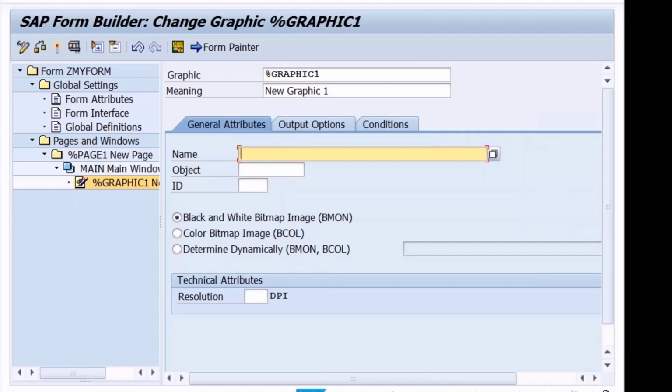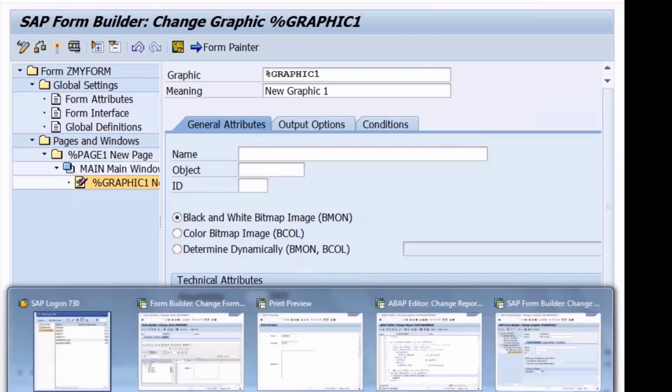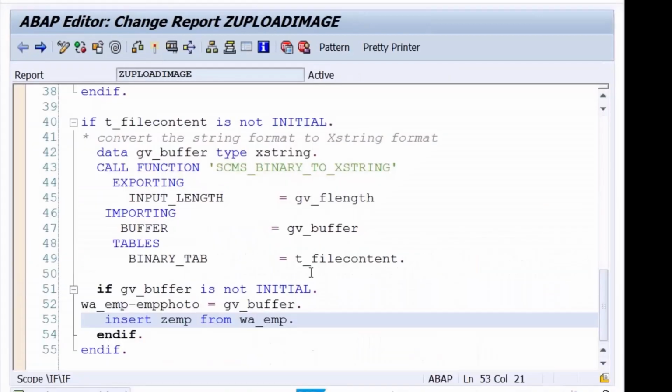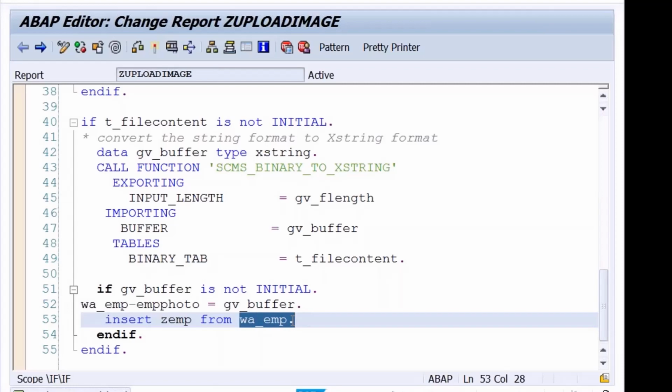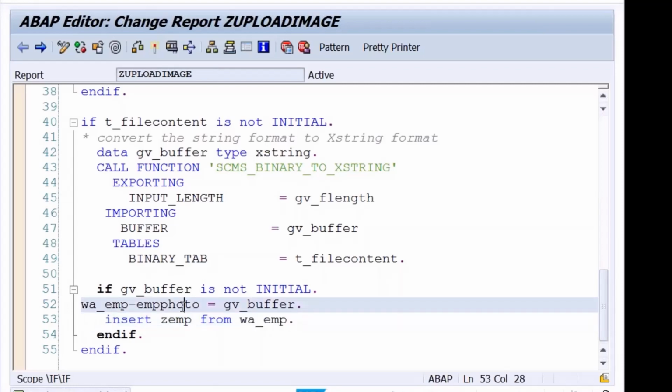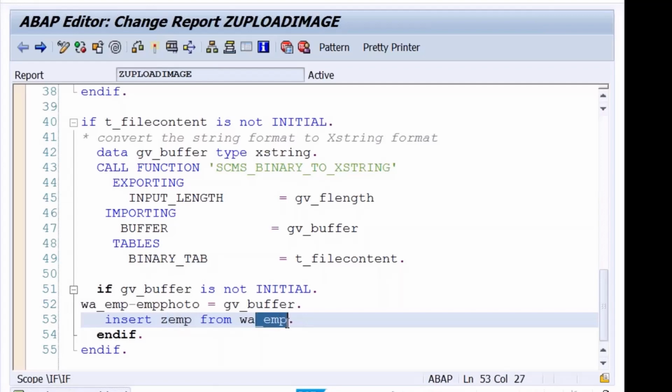Any other suggestions, others? Satish, you gave one suggestion. Why do we have to use append here? It's an internal table, na? It's not an internal table, na? It's a structure only, right? We are inserting into the database table from a structure.